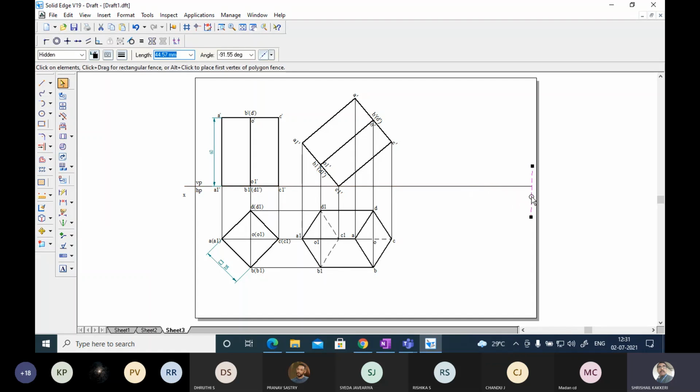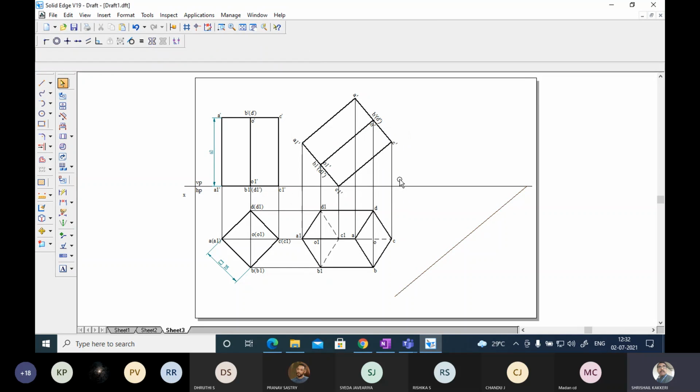Now it is inclined at an angle of 40 degrees. They have given us 40 degrees. So take any suitable point here. 40 degrees, that means how much? If it is this much, it should be 40 degrees. 180 minus 40, 140. Okay, 140. So take a suitable length, some 150 length, I am going to take, minus 140.